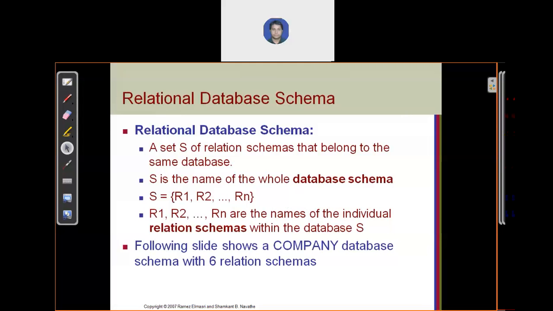A relational database schema just shows how many relations are in that database. If you remember the definition, a database is a collection of relations or a collection of tables. So it just shows how many tables are in that database. It shows that n relations are available for this database S, so schema S means the relational database schema. Are you getting my point?